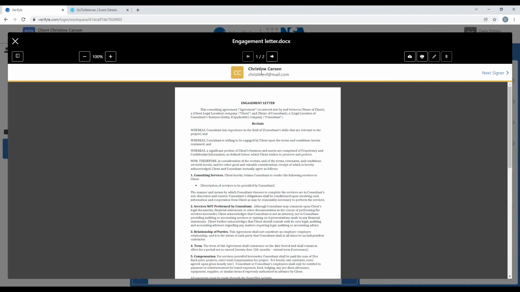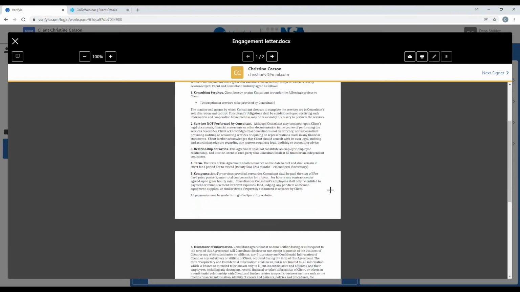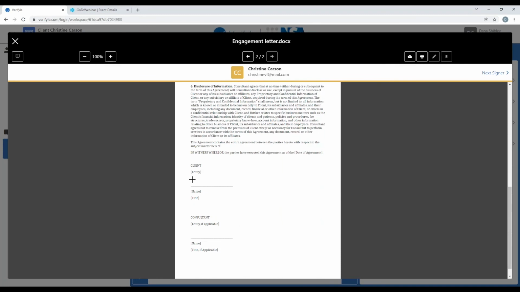Okay, and now I can see for Christine Carson, using my mouse, which moves this cursor on my screen, I can go and draw a rectangle where I want her signature to be. So I can click inside the rectangle here and choose whether I want that to be a signature, initials, or a date, or even a custom field. I want it to be a signature. And let's say that I want a date to go here. So I click, and I want to choose that date format. There we go. So I finished setting this up for Christine Carson, and now I'm going to click Next Signer,